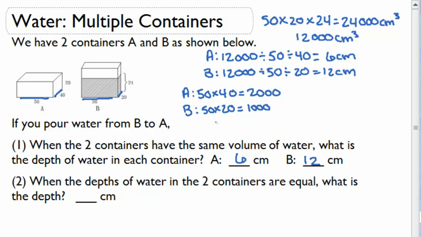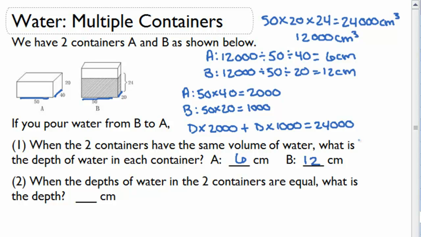And then we could say that whatever this depth is that is shared by both of them, we can multiply that by 2,000 and then add it to the depth times 1,000 for container B, and in total it should give us the